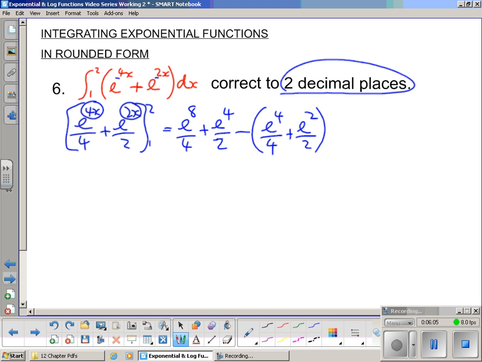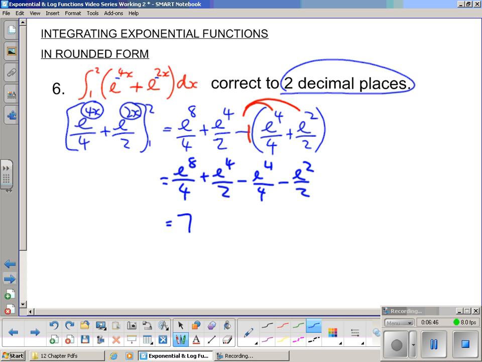Alright, now to continue this, we could consider this to have a minus 1 here, and we might expand that through our brackets before we start simplifying too much. So that will give us e to the 8 over 4 plus e to the 4 over 2. When we expand this bit, we'll get minus e to the 4 over 4 and minus e squared over 2. Now we'll plug that all into our calculator, and there's an e to the x button in our calculator that we'll need to know how to work, and we'll use our fraction function of our calculator as carefully as we can. We should end up with